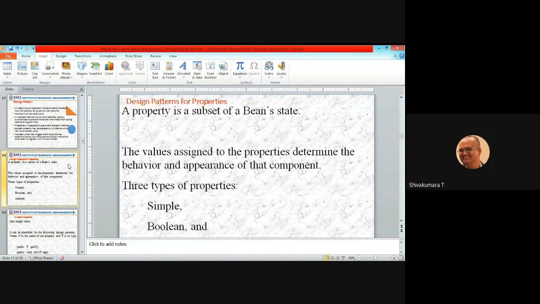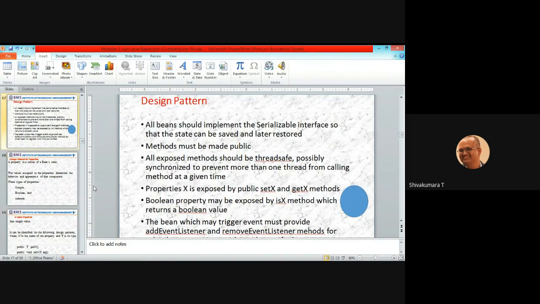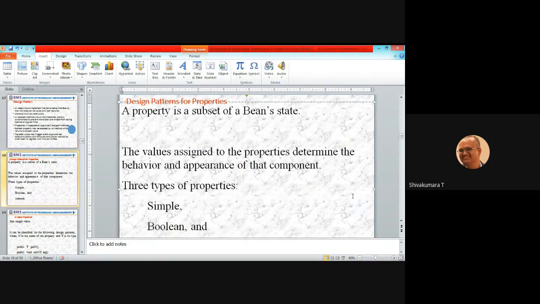Now we'll go with the design patterns for properties. As I told you, what is a property? What are the properties of this shape? Color is a property, height, width, diagonal, then angles, right? All those are properties of this shape. A property is a subset of bean state. If you treat this completely, it's a bean.